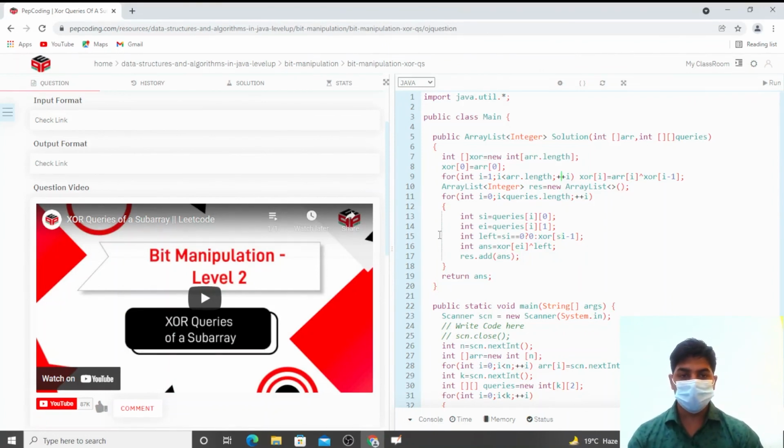Okay, so this was the solution for this particular problem. Currently the test cases are not uploaded in our portal, but by the time you code this problem, test cases will be uploaded, so you can use this approach to solve it.